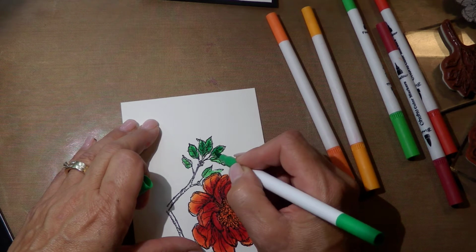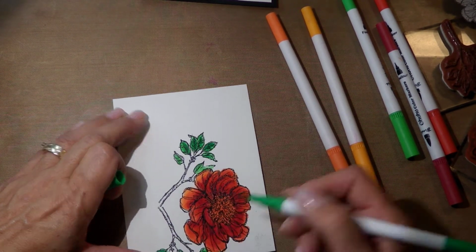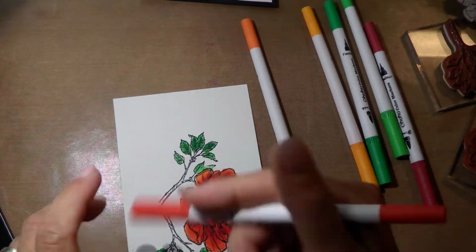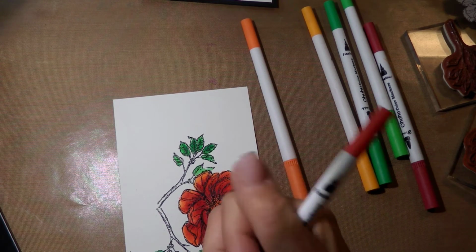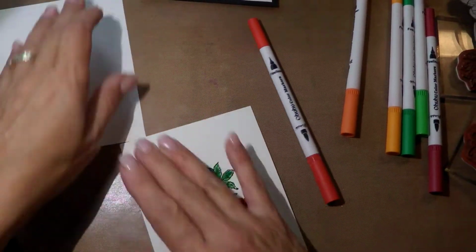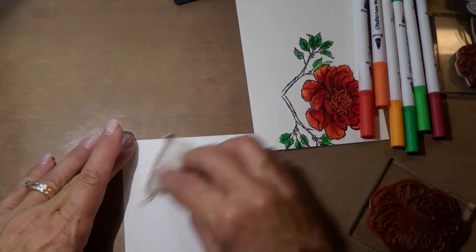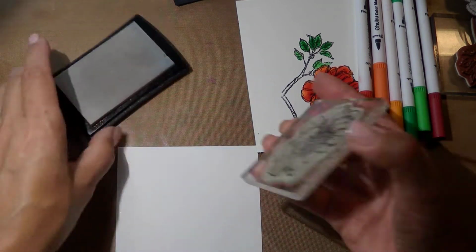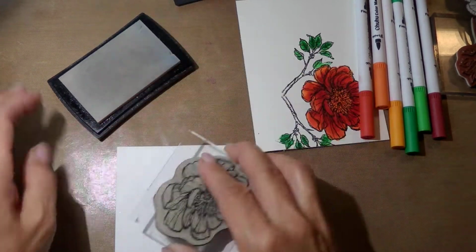There you go. All right. So we are done with the main flower. I see that I missed a little bit here. That will bug me. I don't think you'll be able to see it anyways. We're gonna grab another piece of paper and I'm going to once again apply the anti-static powder and stamp 2 flowers, 2 additional flowers,